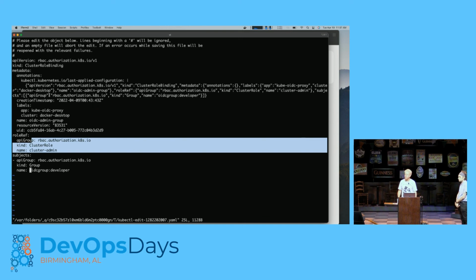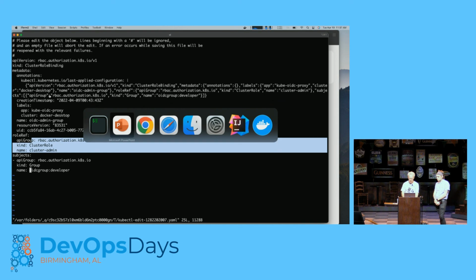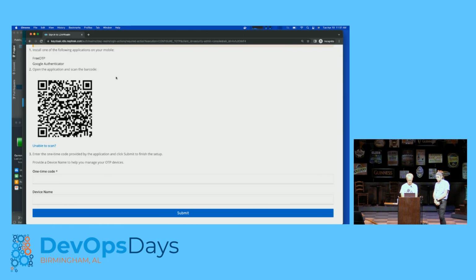So we got one more over here. What Cube OIDC proxy are you using? Is it the one from? They're all in the links again, but